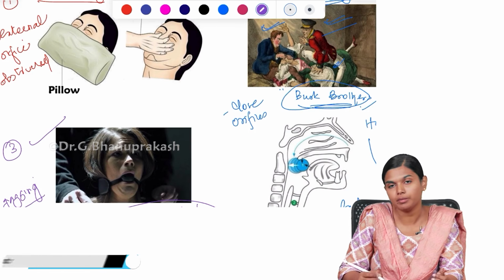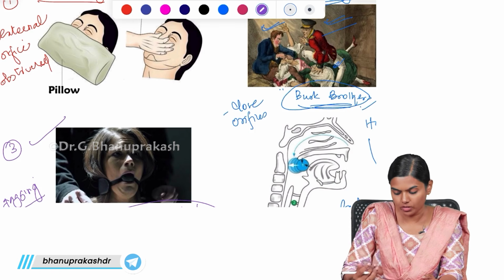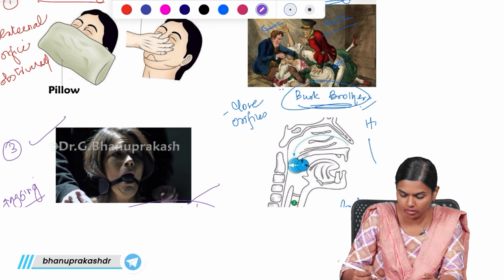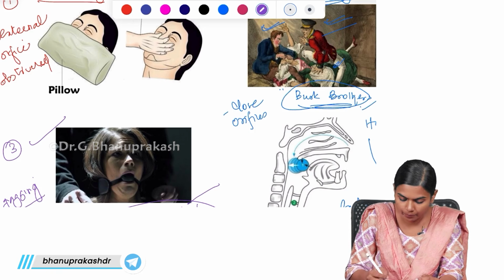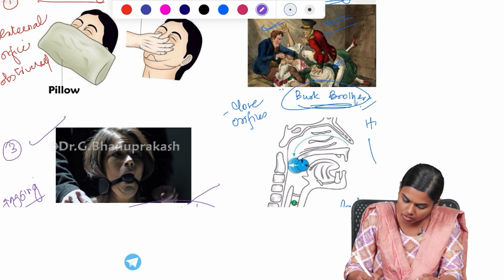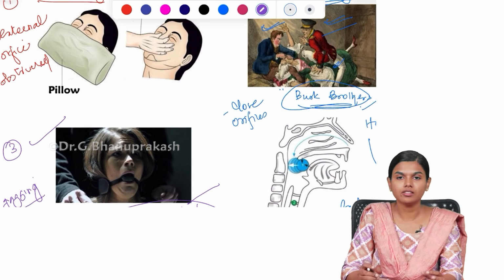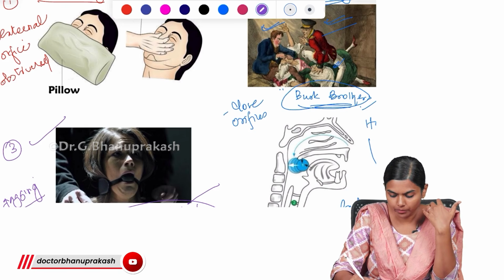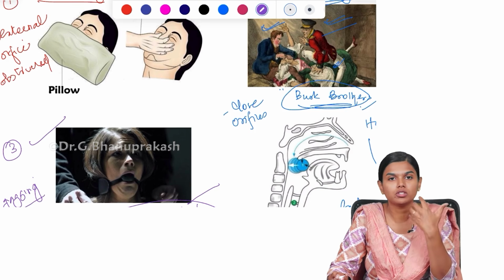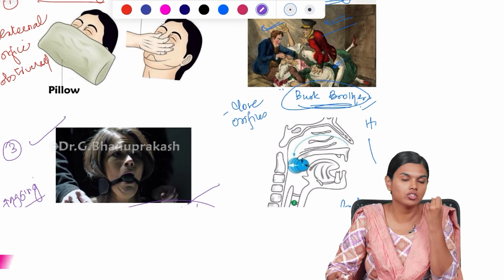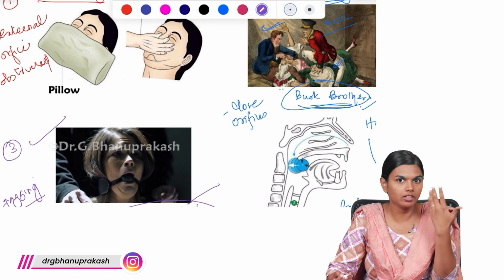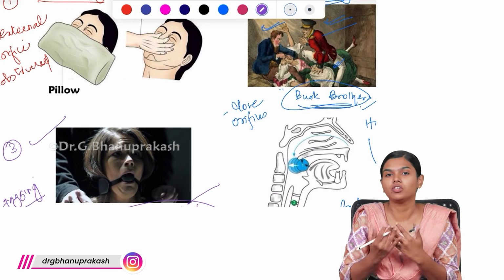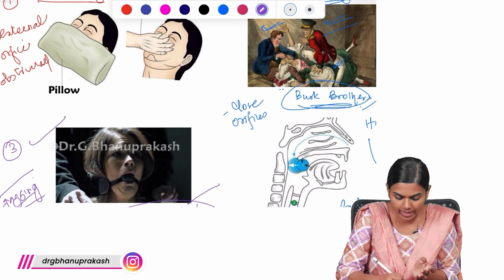Saliva production will be there, and afterwards the cloth will absorb all this saliva and swell. So, swollen cloth. And once it is swollen, it will impinge over the posterior pharyngeal wall. Once it touches the posterior pharyngeal wall, there will be activation of the vagus nerve. So this vagus will cause reflex inhibition of the heart. Because of that, the patient will die. This is the mechanism behind gagging.